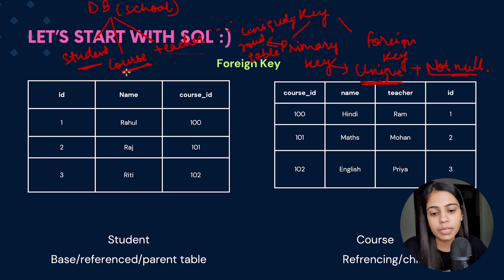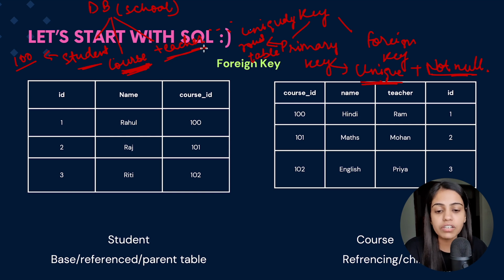The course table basically says which particular student has opted for which particular course. So this course table helps me to know that if a student has opted for a course with, let's say, course code 100, what the course details are, like what is the course name, who is the course teacher, and much more. And then the teacher table also has a relationship with the course table. Basically the course table tells that this particular teacher is going to teach that particular course.